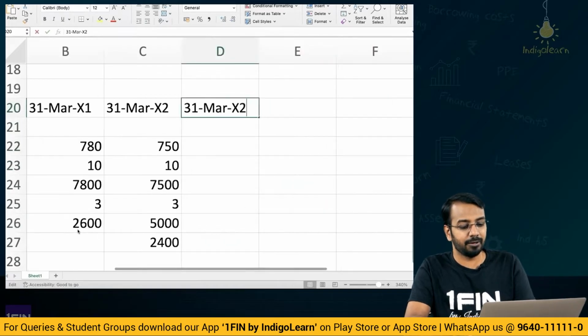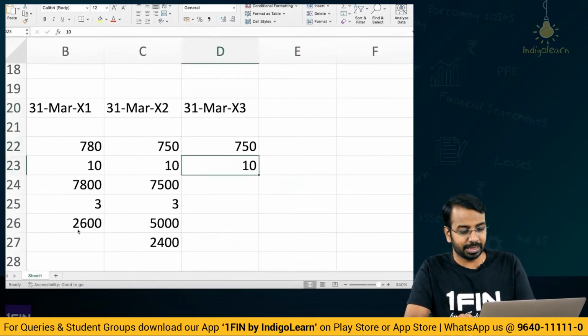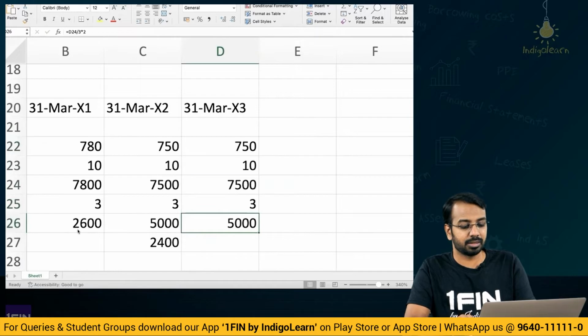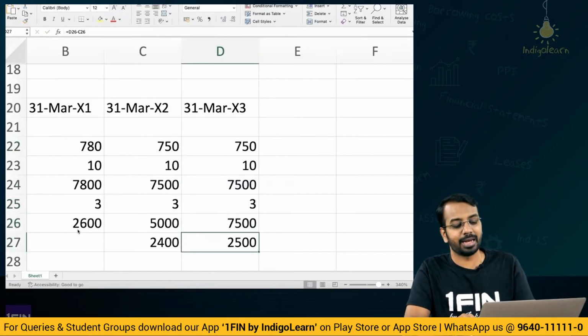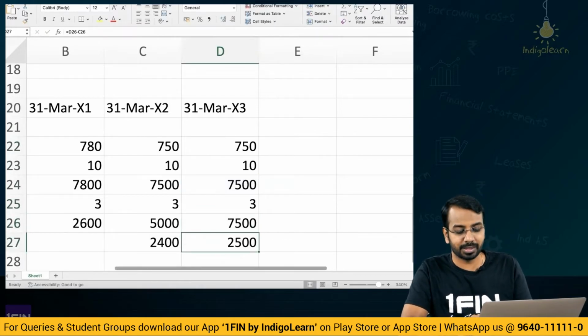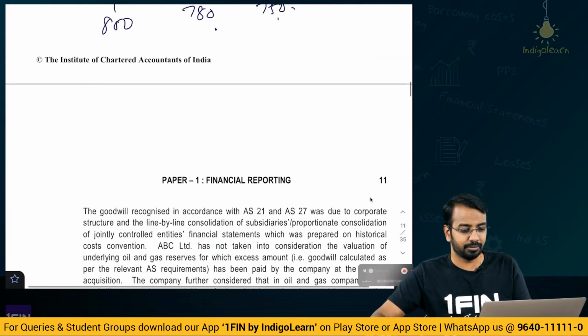Then in year 3, 750, 10, 7500, 3 years, this will be multiplied by 3 divided by 3, and balance 2500 will be expensed in the third year. Right, very simple and straightforward, nothing complicated. Then